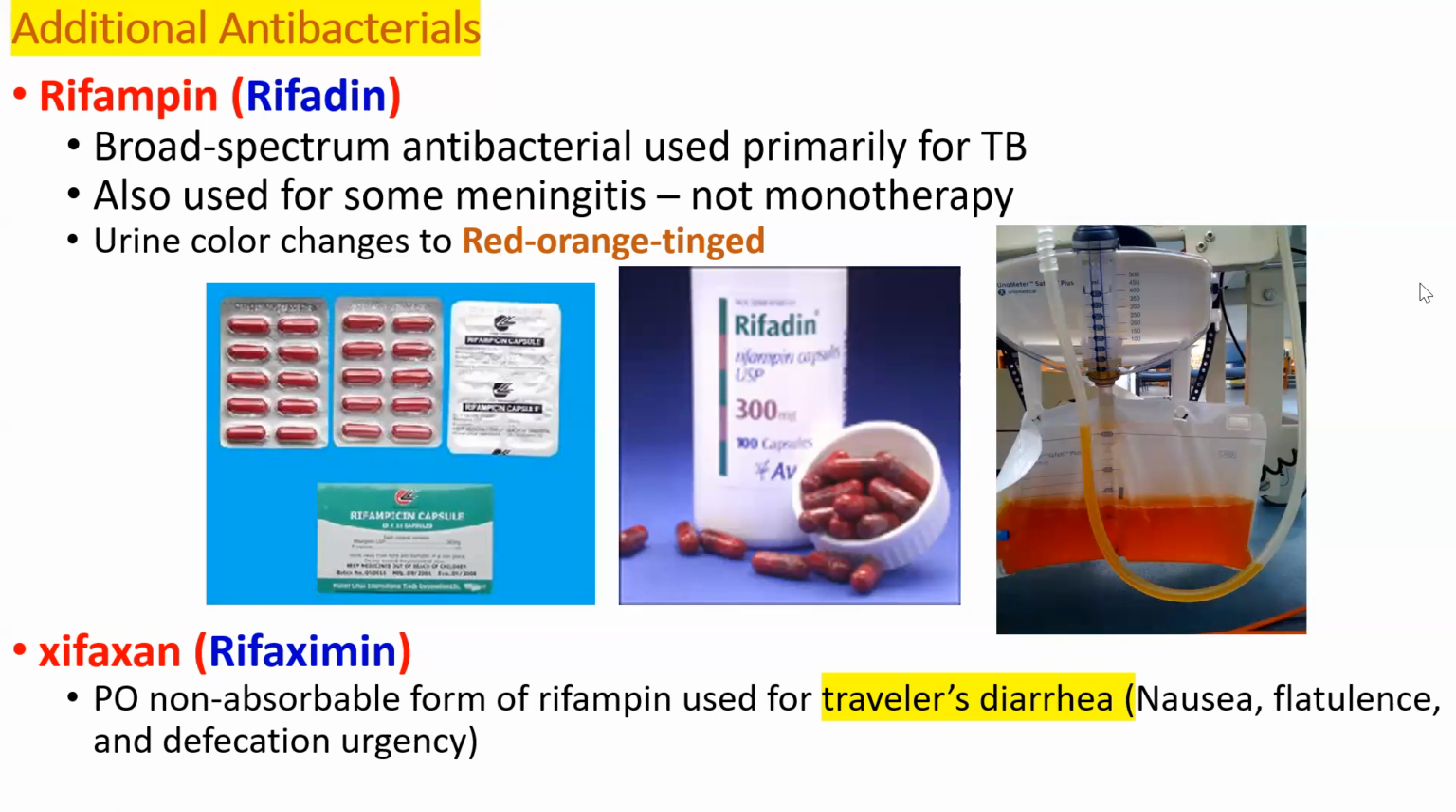Rifaximin, which is Xifaxan, is a tablet, a non-absorbable form of rifampin. We can prescribe it for travelers' diarrhea, but it's also one of the very effective drugs prescribed for patients with liver cirrhosis. Rifaximin, or Xifaxan, has a dual effect, 2 main effects. The first one is its anti-infective characteristic,